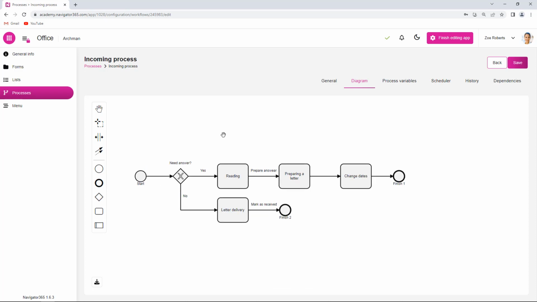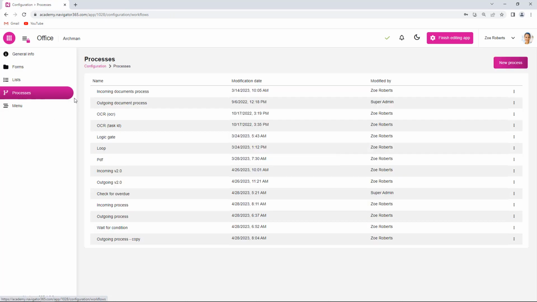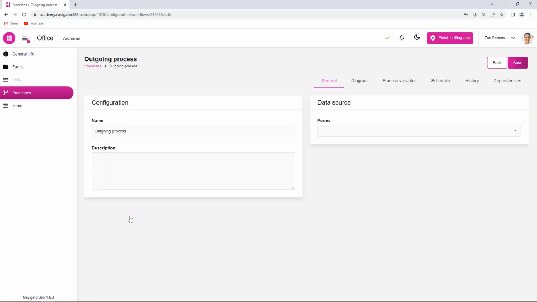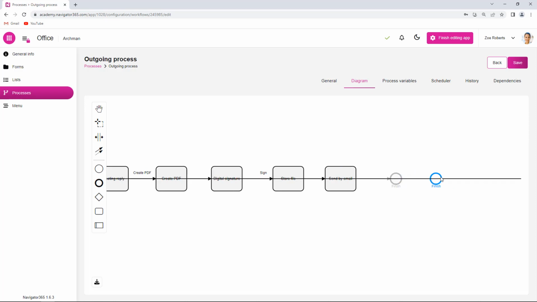So in here I can do the wait for the condition action. So to do it, first I need to set one action on the outgoing document. So in the outgoing process, I will just add in the end a little action to change